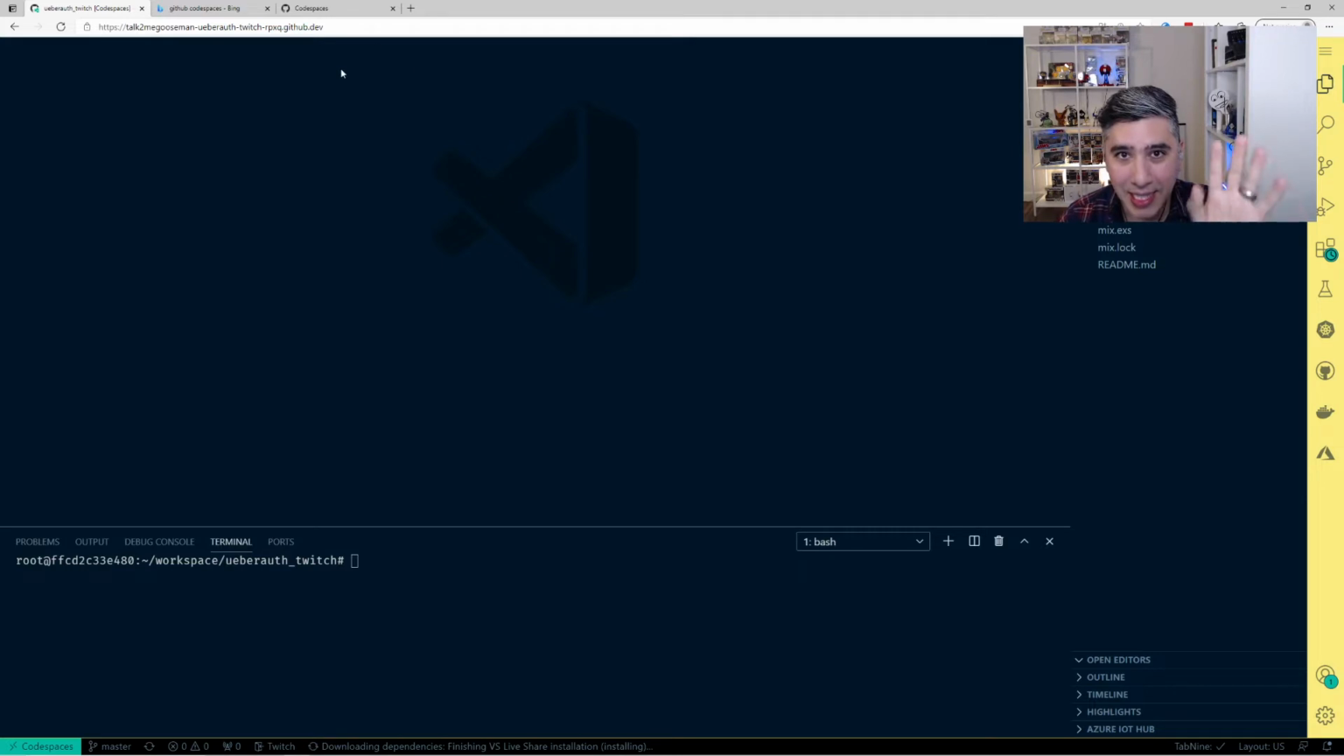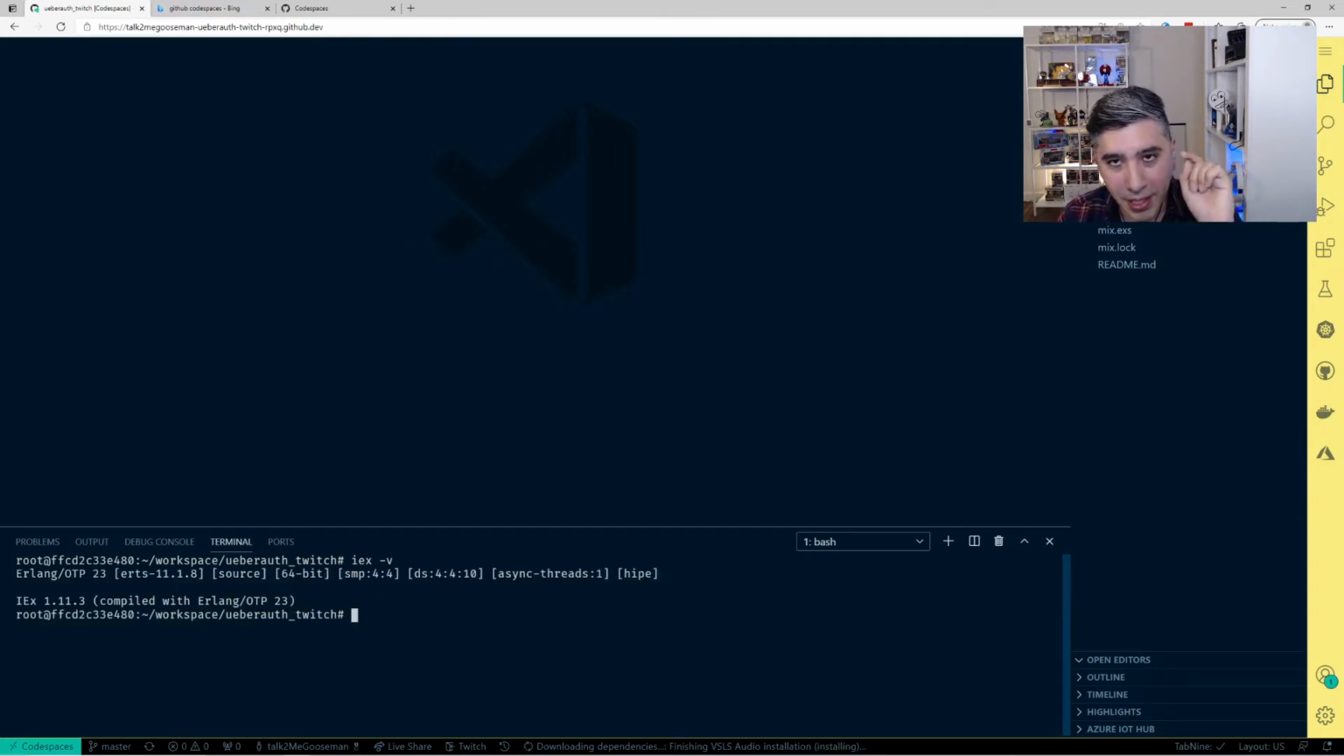So this is in a browser. This is Edge right here, and we can see the terminal here. Visual Studio Code's running in the browser. If I go in here and type in iex, there's a little bit of latency right now. So if we type in iex -v, we can see that because of our configuration, we have Elixir 1.11.3 installed in this machine in the cloud. So we can do the exact same thing we were doing locally, but now we have it configured in a remote environment in the cloud,